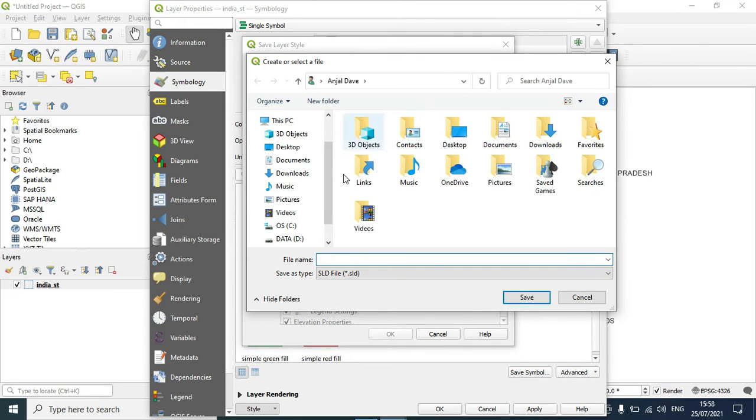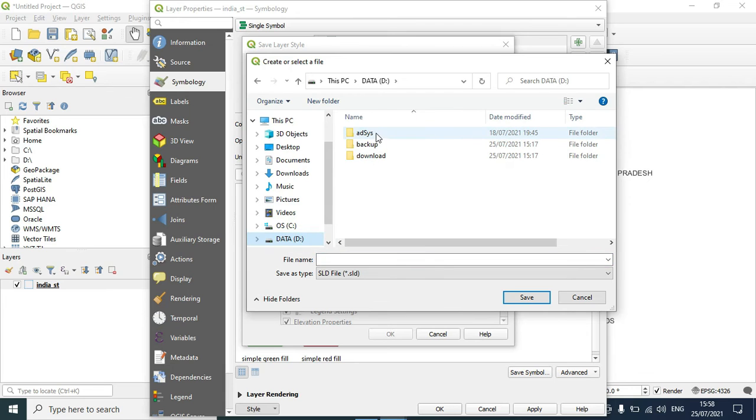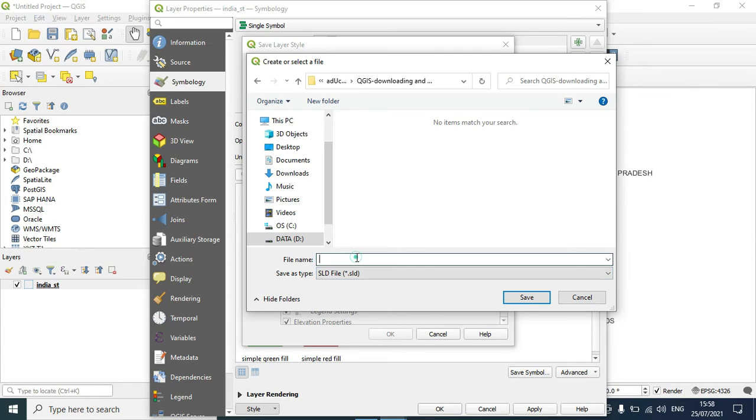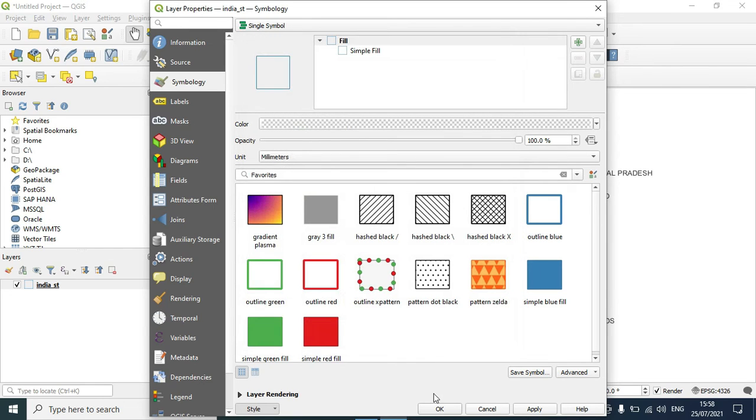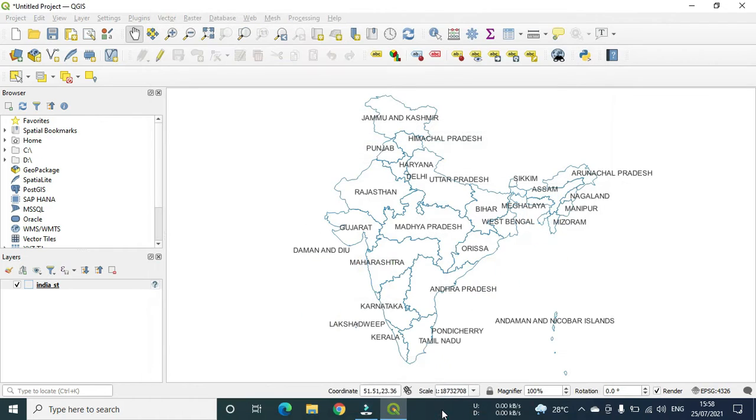So I am giving again my required path as an input, and then I will give some name, India states, and it will be saved with .sld extension. So I am clicking save, OK, and then OK. So my symbology and labeling parameters are saved.